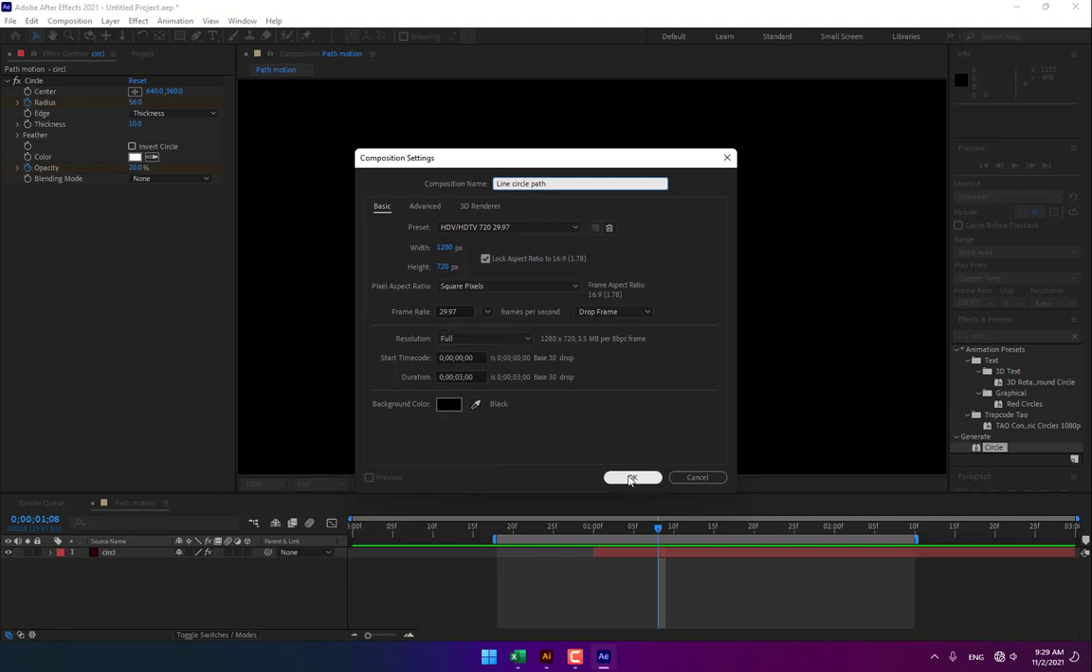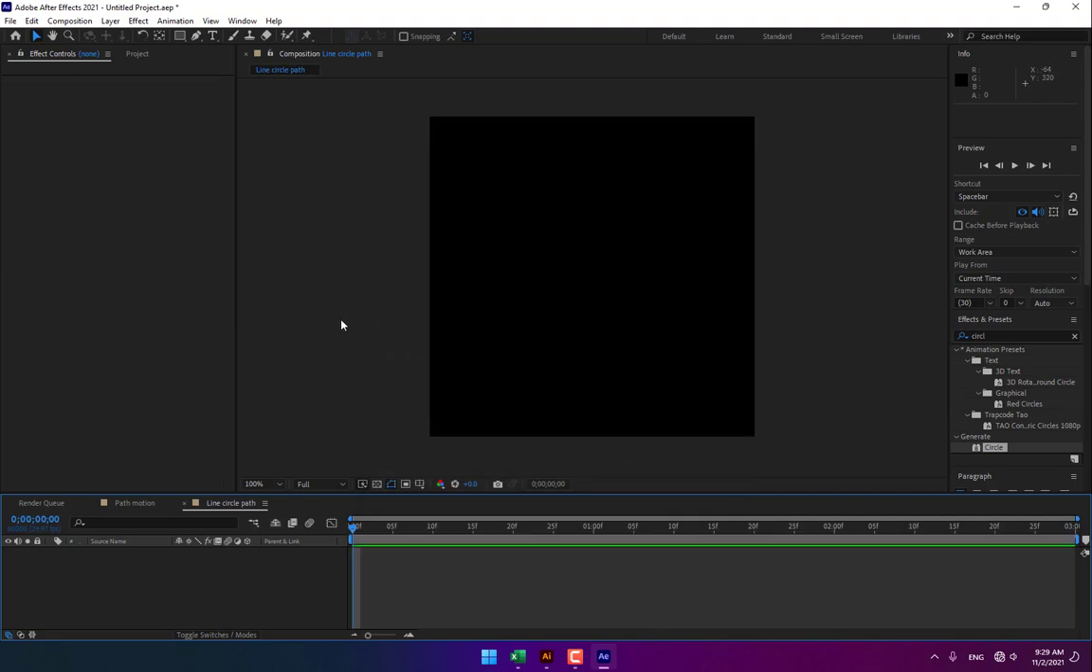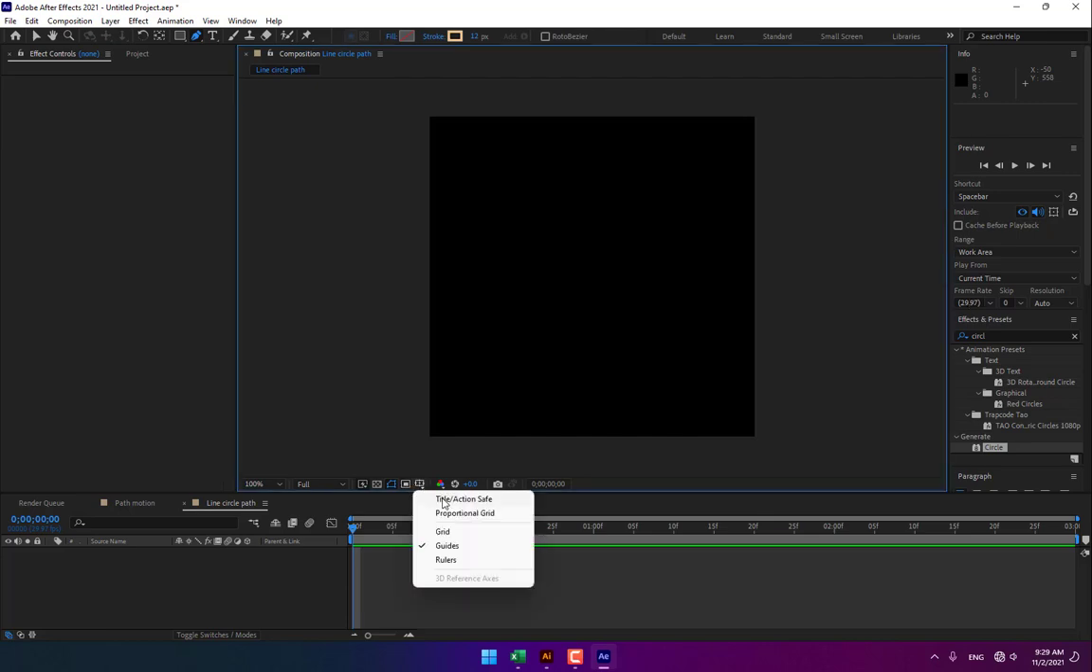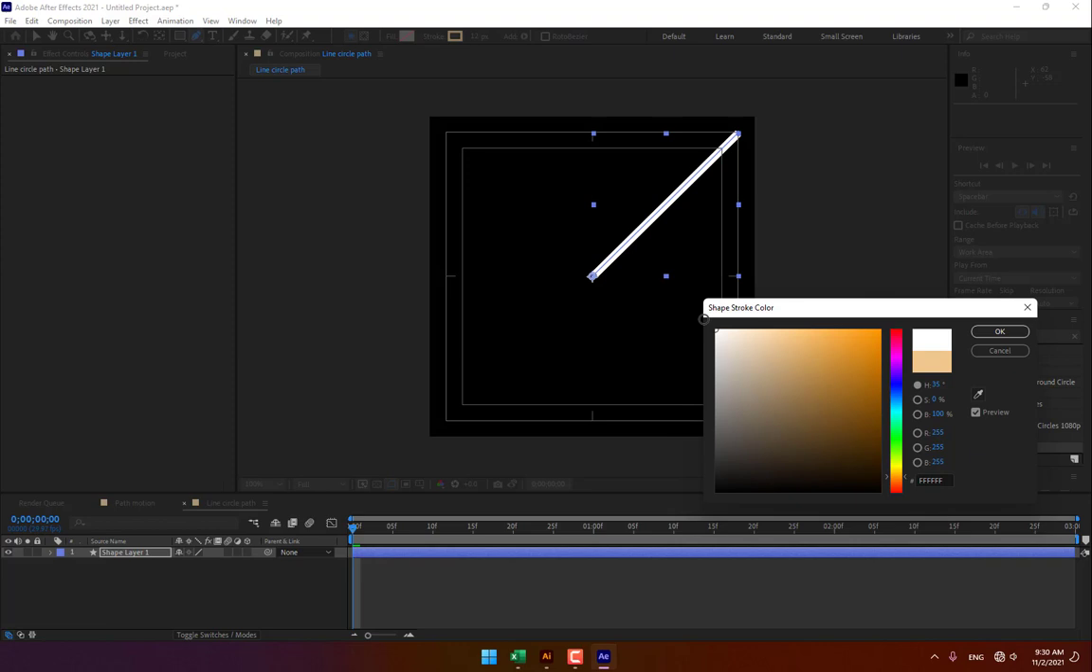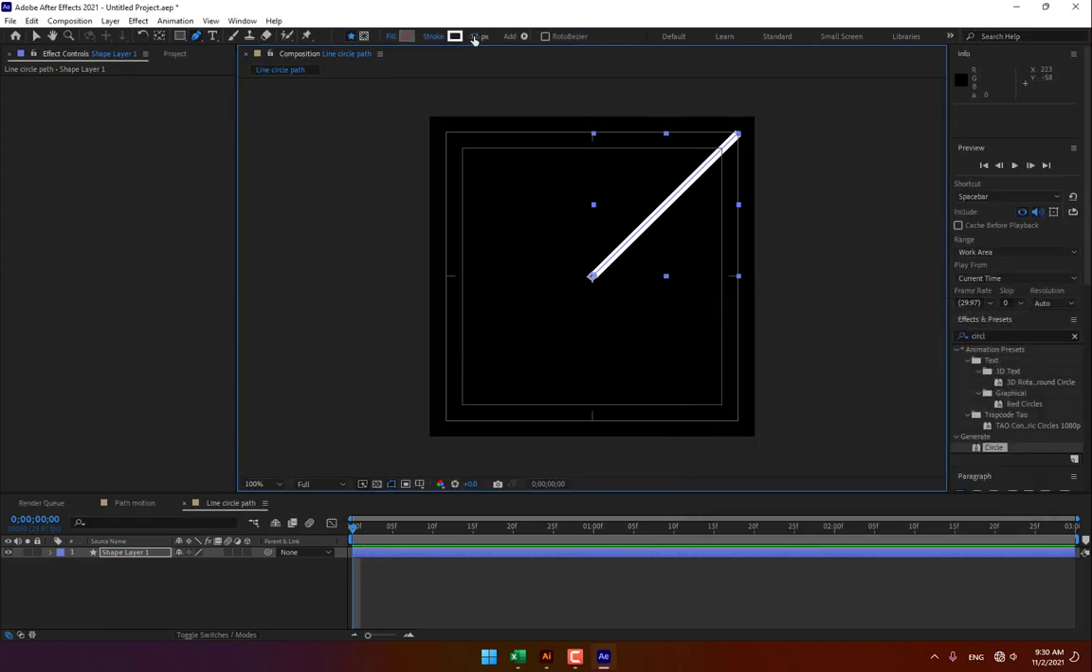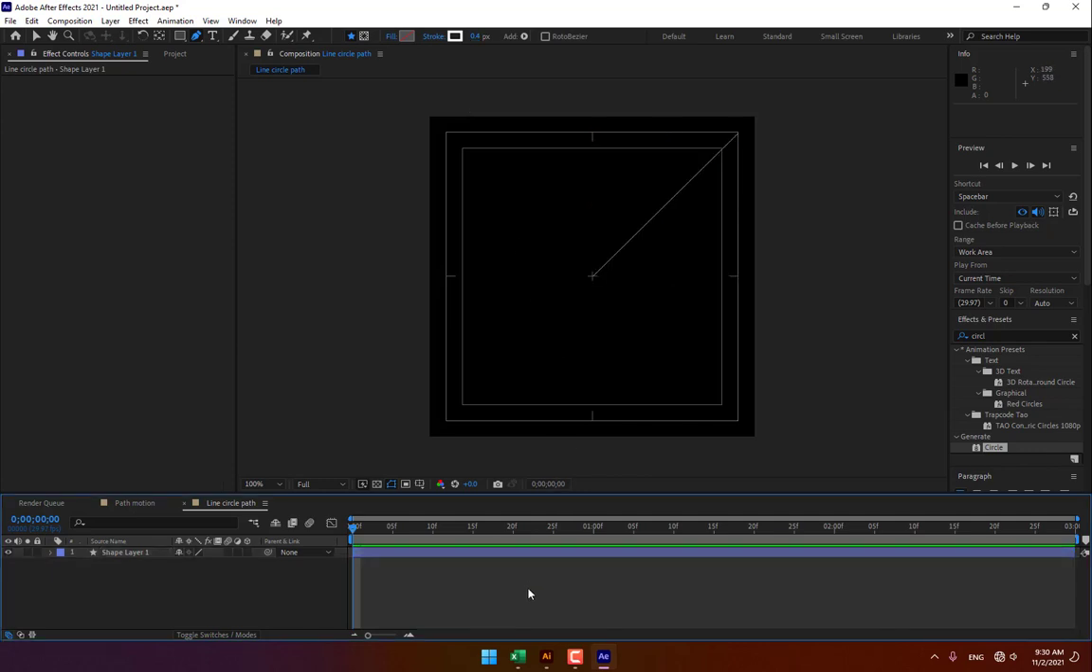Then press OK. What about size? Change the size to 500. Press enter and then select a line, turn on title action safe area and create a line from there, and change the line color into white and press Ctrl to slow down the size,